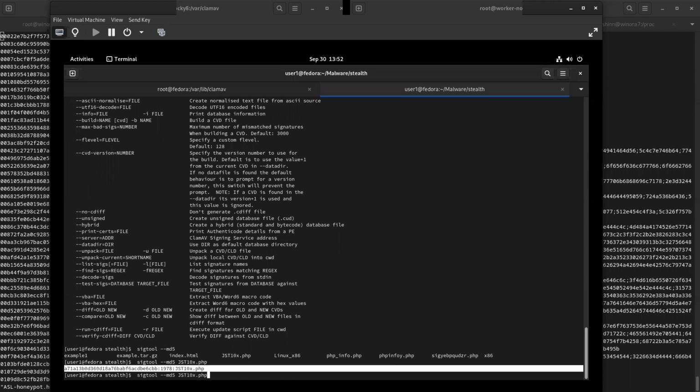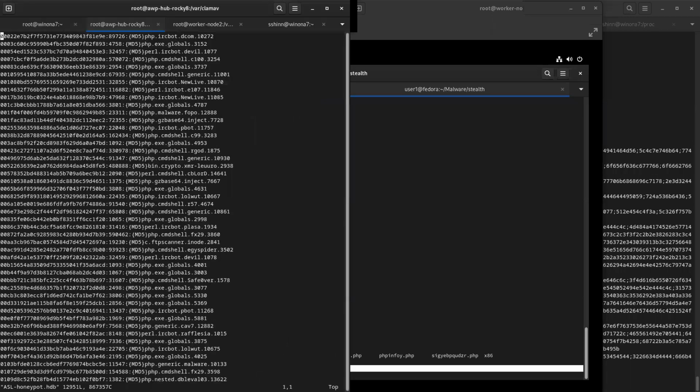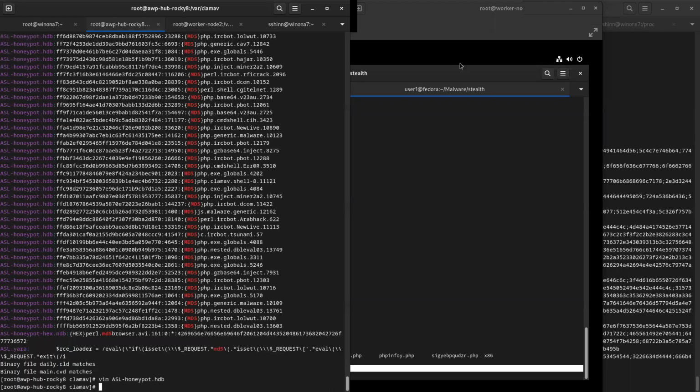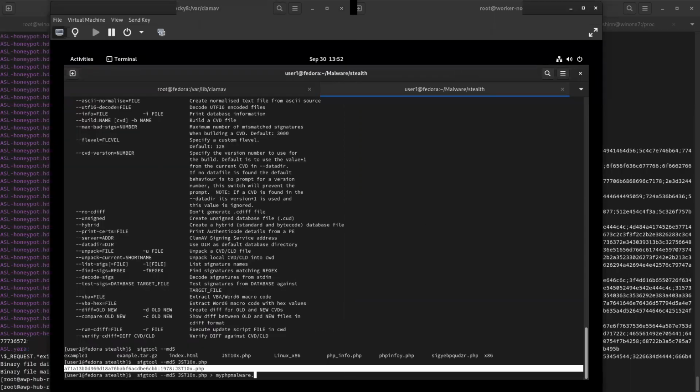I literally could do this, and I will do this. I will put this into my PHP malware, into what's called an HDB file. That means hash database.